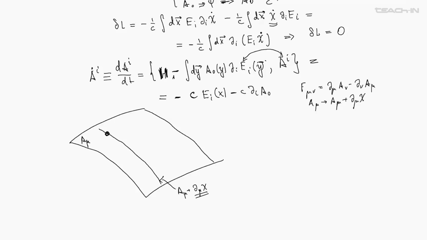Then you take another potential which is not on this orbit, and through it you can also draw another orbit, and another orbit. And so the space of all possible potential configurations is foliated by